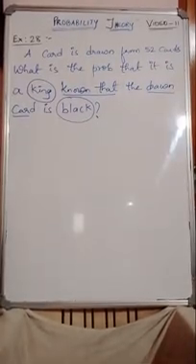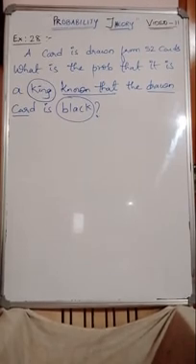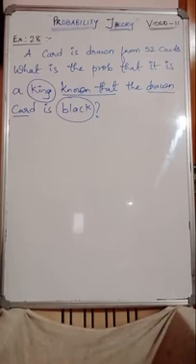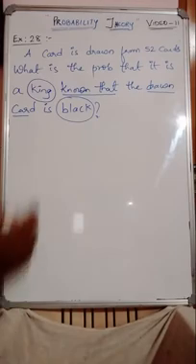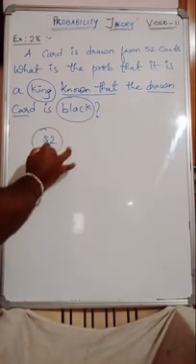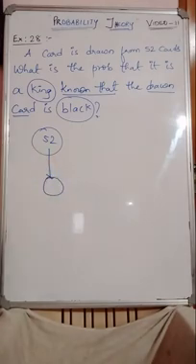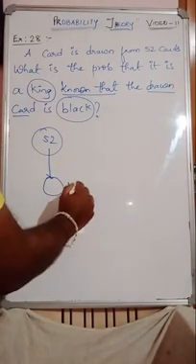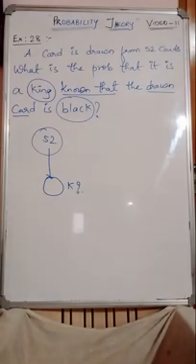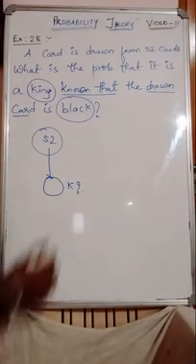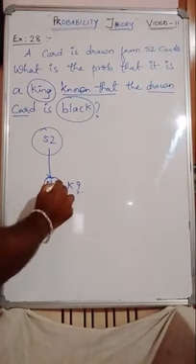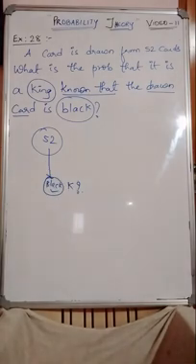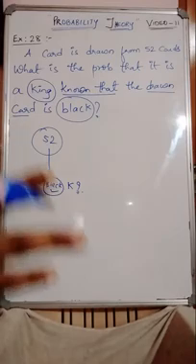Look at this question now. A card is drawn from 52 cards. What is the probability that it is a king, known that the drawn card is black? See guys, what is this example? There are 52 cards. One card is drawn. And what is the probability of getting a king? They are asking, what is the probability of getting a king, known that this has come from black. So already you know that only a black card has been selected. Among those black cards, what is the possibility of getting a king? Indirectly the question is like this.